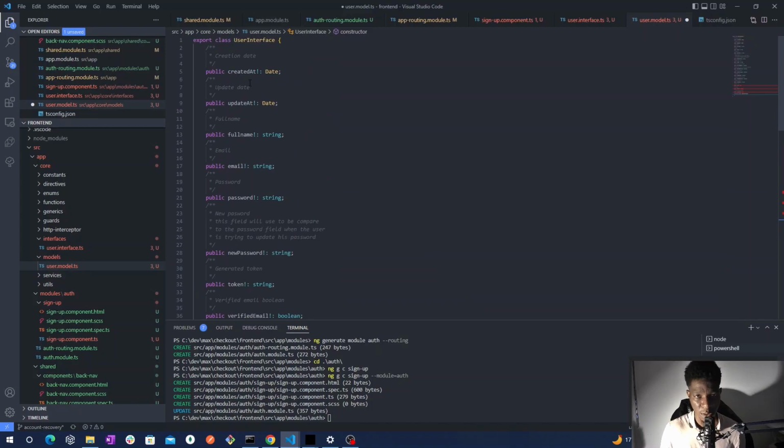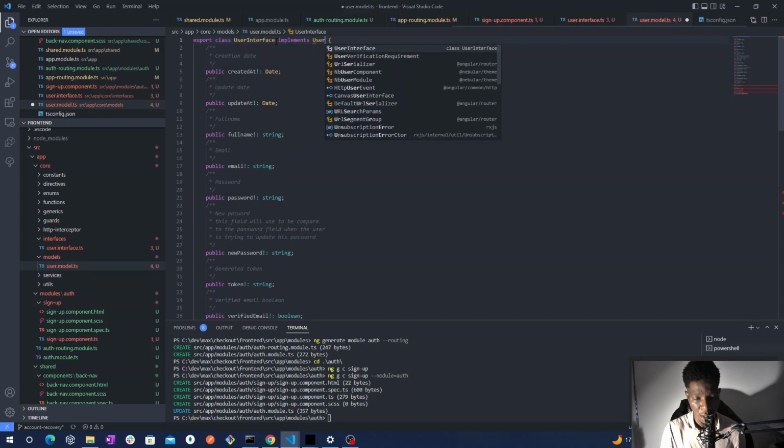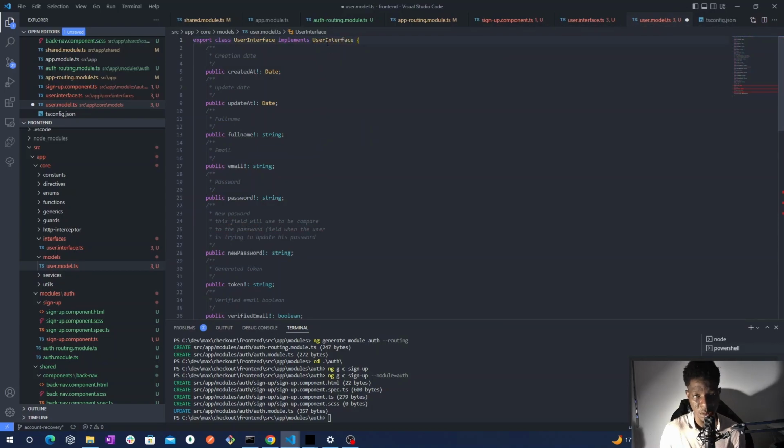Also, we need to implement this interface to make sure that we are matching all the fields inside the interface. So here we call it user instead of interface, and as you can see,